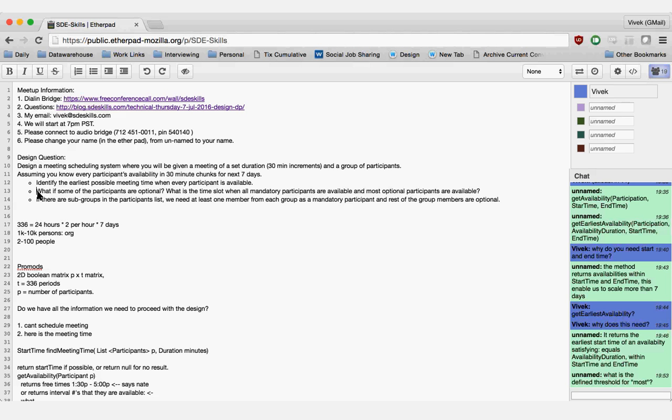So we need to track the people, the count of people, right? It has to be by person. It cannot be by count, because if I am not available even for one interval period in that duration, then I am not available for the whole interval period. I can't attend the meeting anymore.